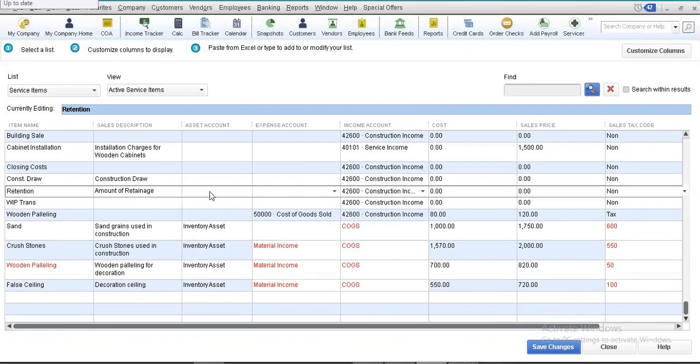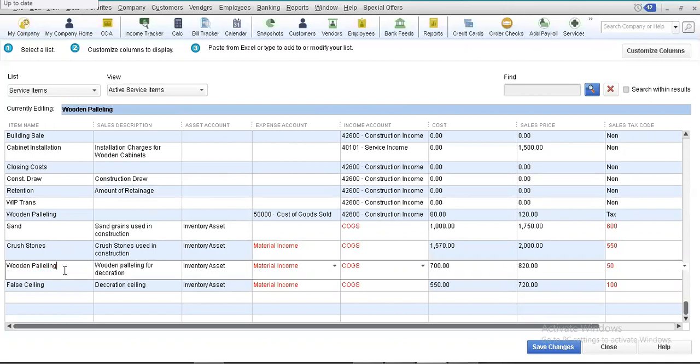All right. Now, wooden paneling is basically an error because this name is already in use. Please use another name. So you can change this name to wooden blocks. All right. Wooden paneling blocks.